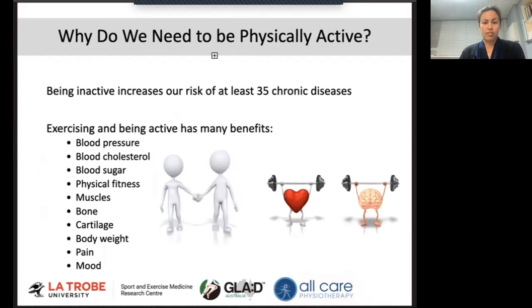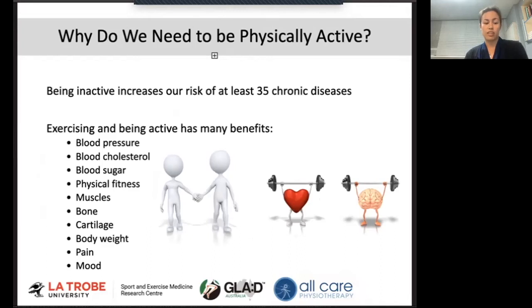So we now go to the next slide. Why do we need to be physically active? So being inactive increases our risk of at least 35 chronic diseases. Exercise and physical activity needs to be thought of as medicine. Exercise and being active can help prevent and treat many other chronic diseases, such as cardiovascular and heart disease, diabetes,